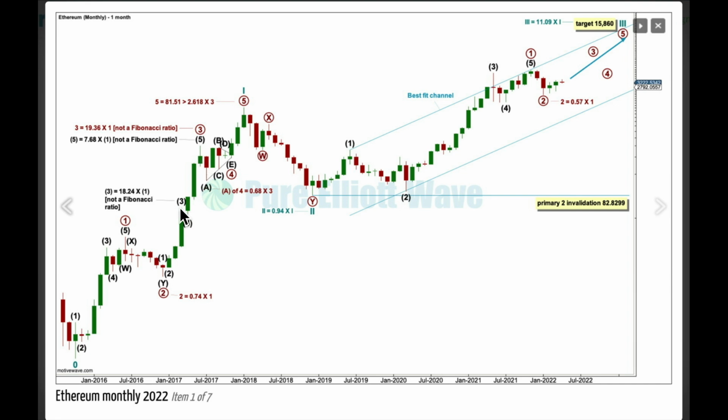So the thing to note from this analysis here is the third wave is a lot longer, 19.36 times the length of the first wave, and the fifth wave is longer still than the third wave. The longest, strongest wave is the fifth wave. Now we're talking about distance travelled in price, the actual arithmetic difference, not what it looks like on a semi-log or logarithmic scale, and that's really important because it's those actual price points that you use to make your calculations